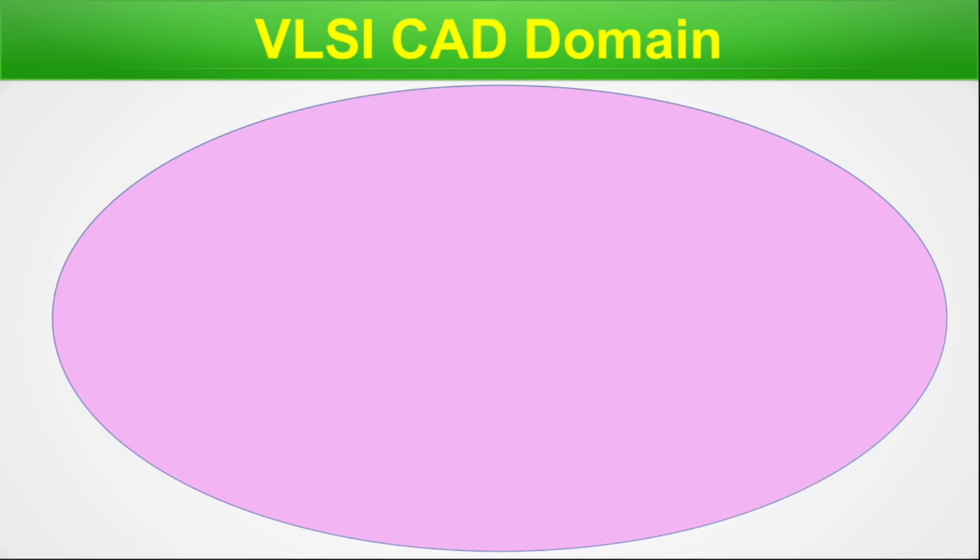VLSI CAD domain. This oval represents the entire CAD domain. Often CAD is also known as the EDA automation domain, as per the application. This CAD automation is omnipresent across all the domains discussed so far. For this domain, scripting knowledge of Perl, Bash, SQL, Python and Ruby is needed. Also, you have to have knowledge of the end tools, that is, EDA softwares for the respective domain.